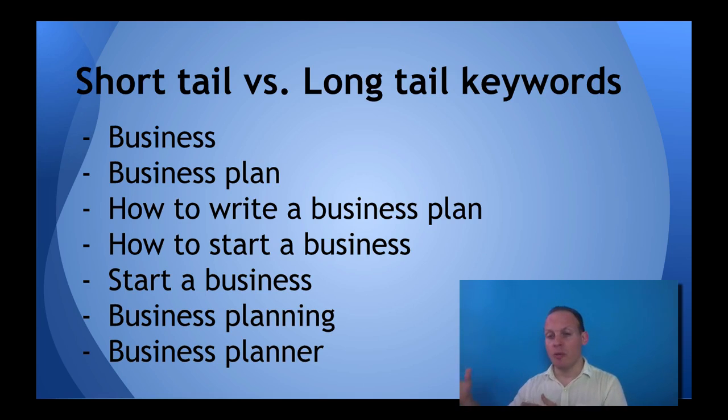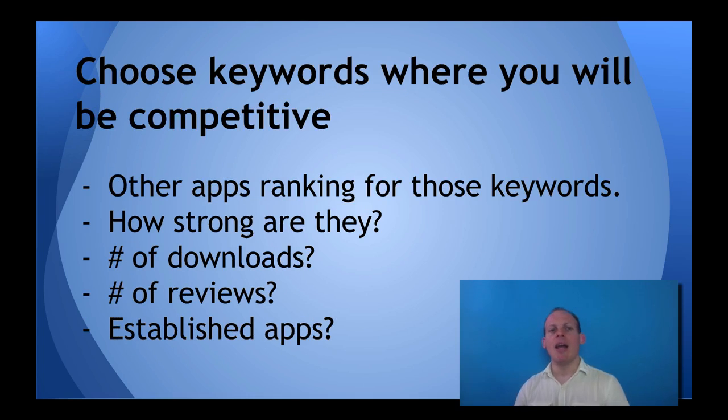Of course, for the longer tail keywords, there's not as much search demand, but it's much easier to rank for that. And the art of ASO, and I'll show you this later, is to find keywords that are in demand but are not that competitive so that you can still rank for them even if your app is just launched or early. Now, this is an art, and when you do your keyword research, again, I'll show you how to do this later. When you do your keyword research, you want to take a look at who are the competitors.